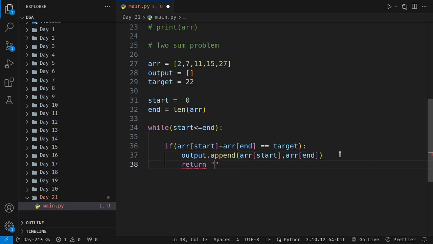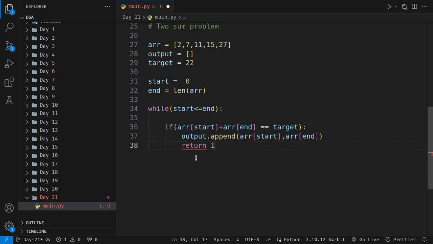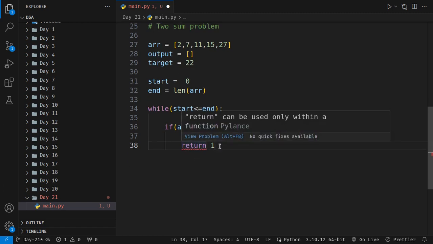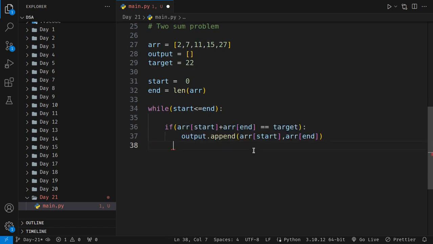You can just go and return yes, or you can say return 1 in this case. Oh yeah, we cannot use it inside this one. Okay, now this was the case that I was looking for, that if it is equal to the array. If it is not equal, then we will check more. We will say that if the ARR of start plus the end value is less than the target. Okay, if this particular element that we got from the searching element is less than the